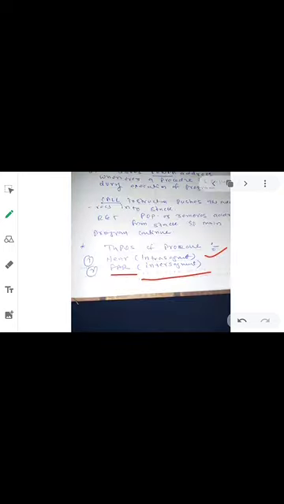Next, let us see the types of procedures. There are two types of procedures based upon where the procedure program is present. If the procedure program is present within the same segment, then it is called near, and it is also called intra segment. Intra segment means within the same code segment. If the procedure code is present in another code segment or other memory location, then it is called far.